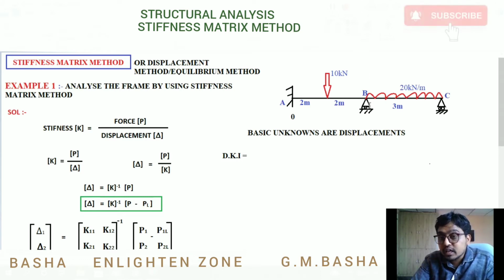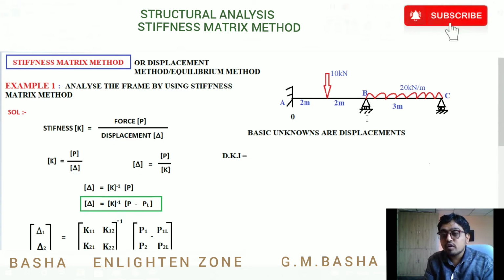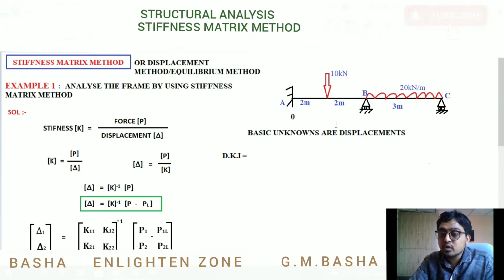If I apply any vertical load, what happens? There will be one vertical reaction for the roller support. This vertical reaction will try to resist that vertical displacement. Therefore, for the roller support, there will be no vertical degree of freedom. But there is a chance of one rotational movement and one translational movement in the horizontal direction. But in our case, this is a continuous beam and no horizontal loads are given in the example. That is the reason there will be no horizontal movement also.